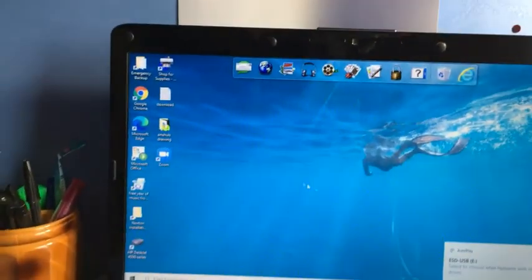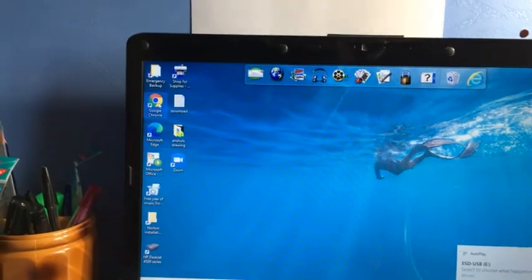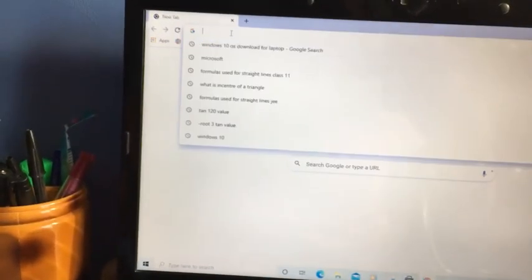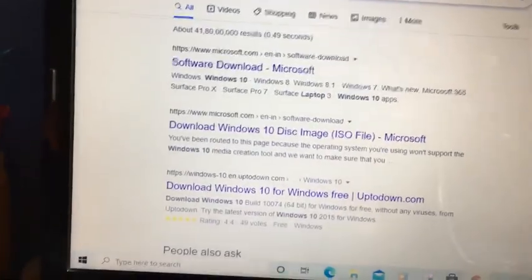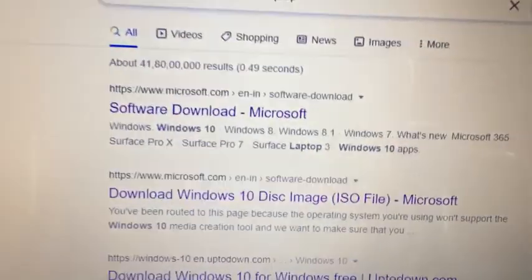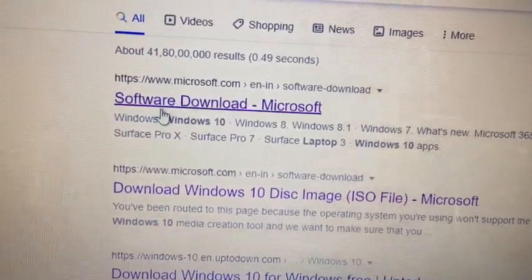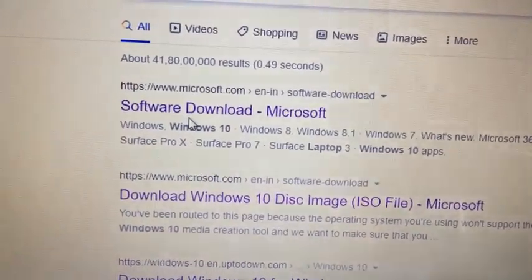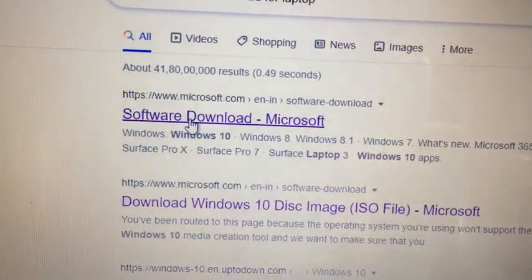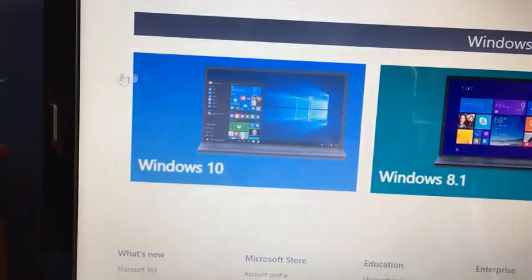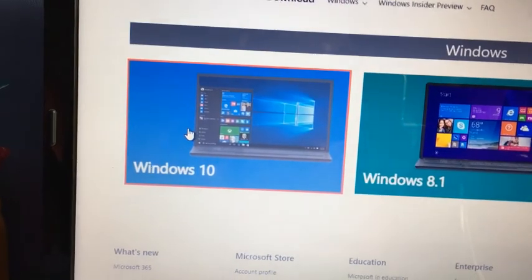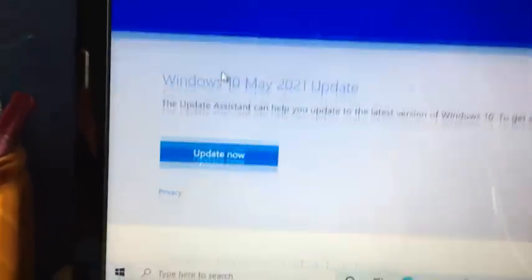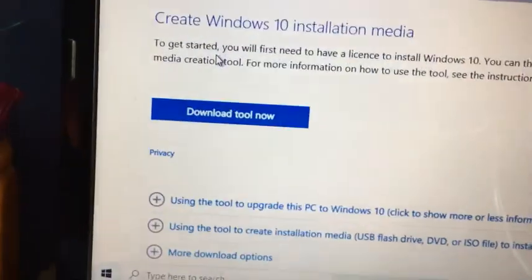Now what you need to do is go to the Chrome browser and search for Windows 10 operating system download. Then you will see the Microsoft software download. Just click on Windows 10 and go down.